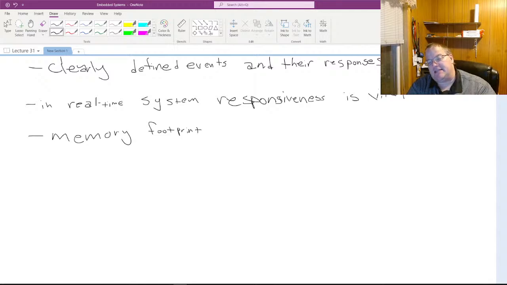So it's vitally important that the operating system takes as little memory as possible, because remember, memory is a limited resource, especially in embedded systems. It's really important that the operating system not take up that much space. So with that in mind, it means that it's usually